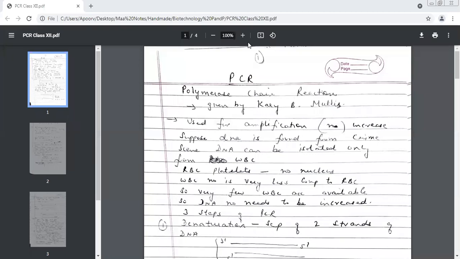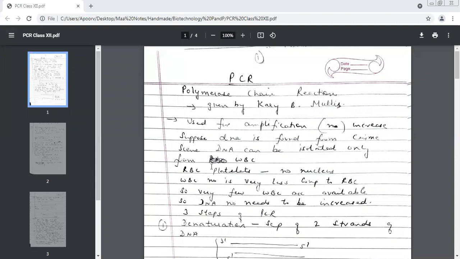So the only solution was to make multiple copies of the specimen that we have got. If we have got one hair, we can make multiple copies of that hair so that testing can be done. We have a lot of samples to do the testing so that we are very sure about our conclusion. Similarly, we've got one drop of blood. We will not start directly analyzing that drop of blood because if something happens or it is destroyed, we will have no more evidence left. So we make multiple copies of that sample which we have got. And who is going to help us in making these multiple copies? This reaction. What is the name of the reaction? Polymerase chain reaction. Yes.